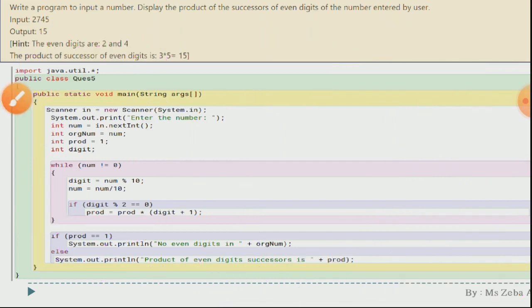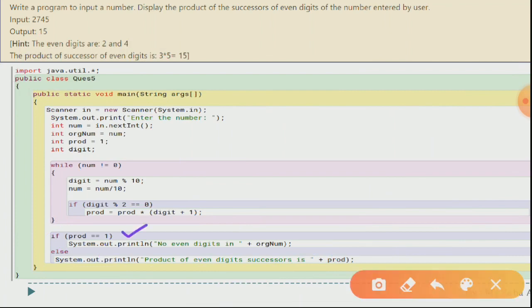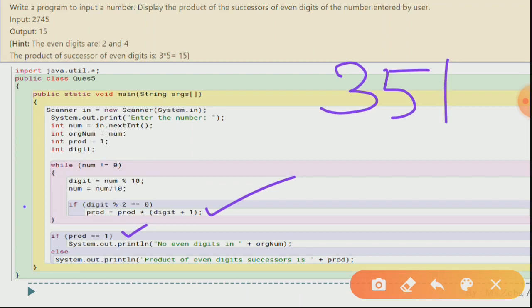And now at the last it is going to check what? If your product equals to 1. अगर आपका प्रोडक्ट 1 ही है, ओके, इट मीन्स कि आपका जो भी नंबर था उसमें एक भी इवन नंबर नहीं है, तभी आपका ये एक भी बार काउंट नहीं हुआ है. यस, लेट अस सपोज आपका ये नंबर है 351. अगर इस टाइप का कोई नंबर है तो आपका ये इफ़ कंडीशन एक भी बार एग्जीक्यूट नहीं होगी और आपका प्रोडक्ट की वैल्यू 1 की 1 ही रह जाएगी.